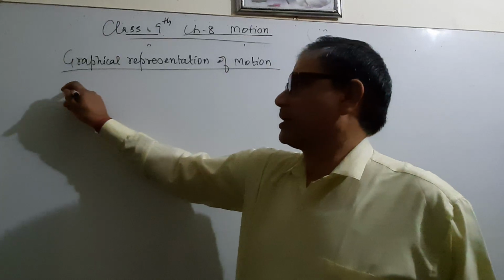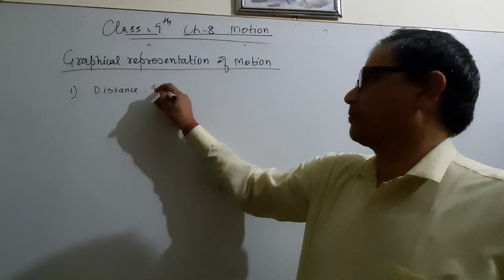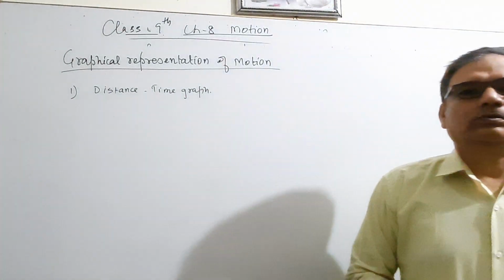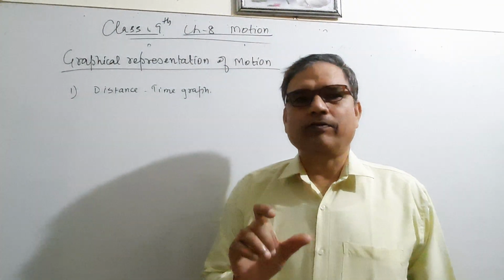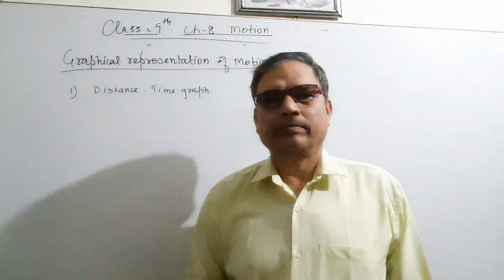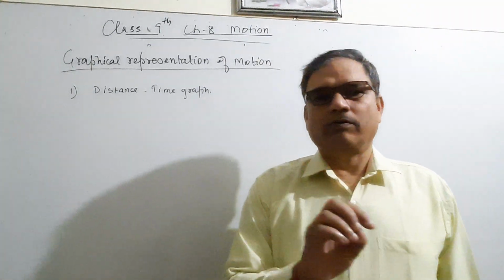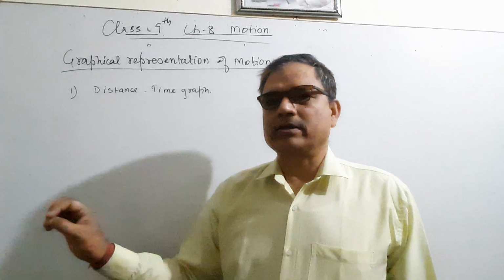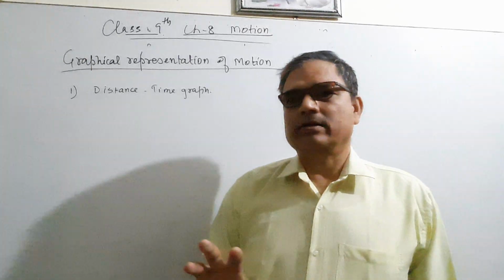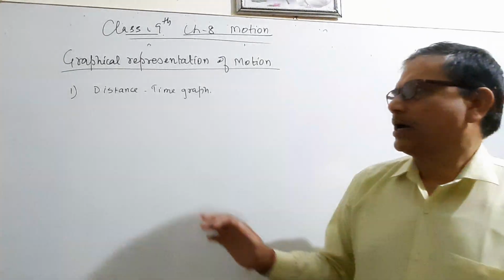First is the ST graph, the distance-time graph. To represent it in a graph, one variable, distance, depends on the other, time. And in the velocity-time graph, velocity is one variable and time is the other, in which velocity depends on time. It means the two variables, distance and velocity, depend with respect to time. And how can we represent